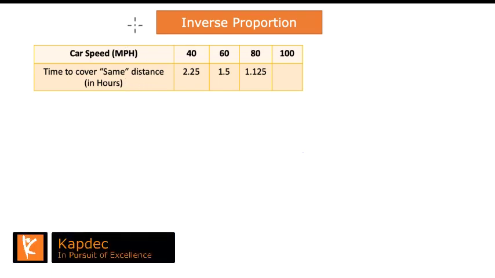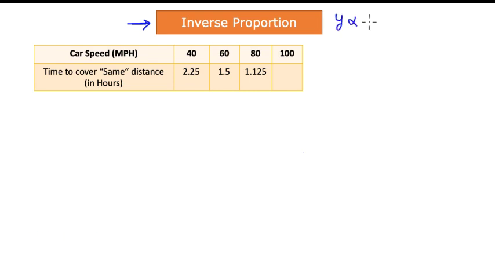Let us now talk about the concept of inverse proportion. As we have studied previously, two variables y and x are said to be inversely proportional to each other if y is proportional to 1 over x, or in other words, x times y is equal to some constant k, and that k is fixed in all conditions. When we come across this specific scenario, we say that the two variables x and y are inversely linked or inversely proportional to each other.